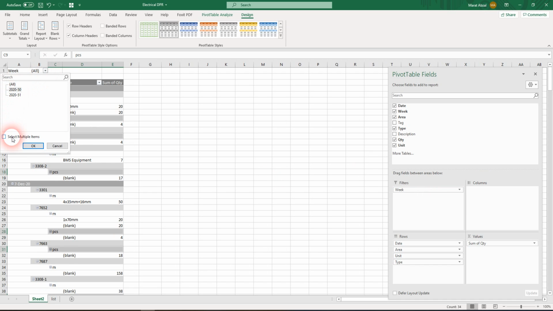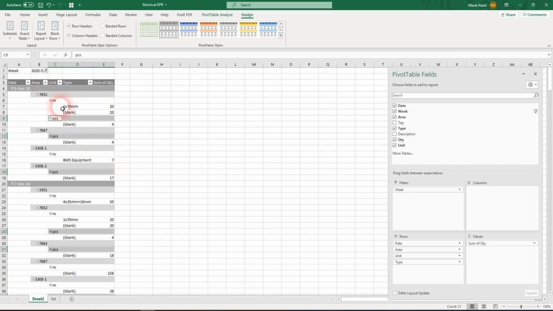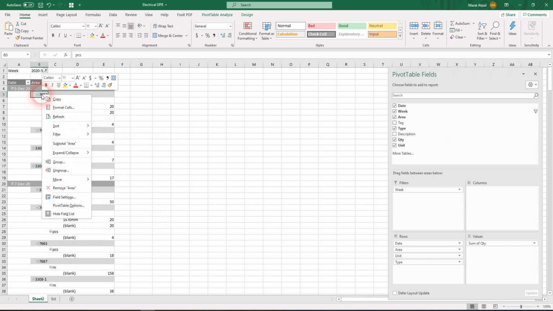Or you can put week as an option here. You can filter the information, whatever you want to put in the filter options. So I put week there, so it's giving us the option week. I can filter that one, it shows everything. If you want to see only the building, you can group up,